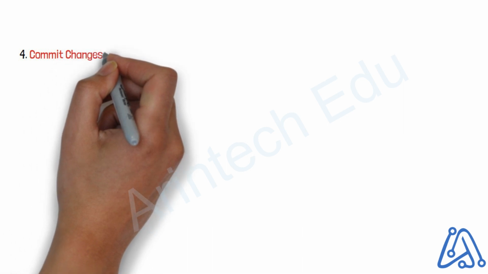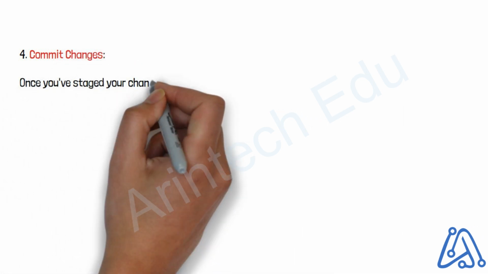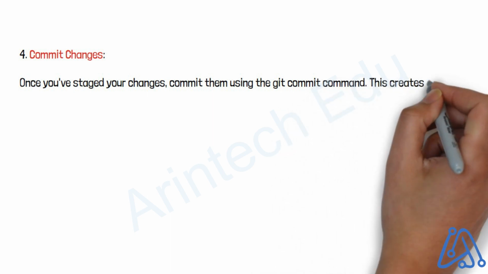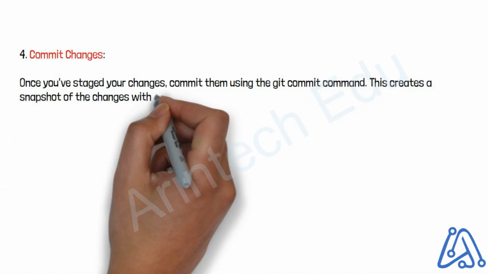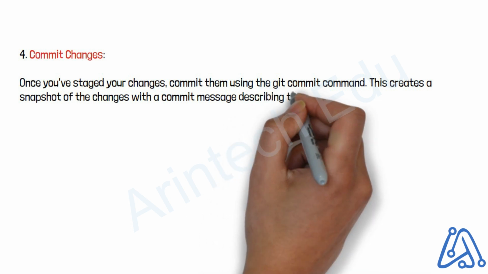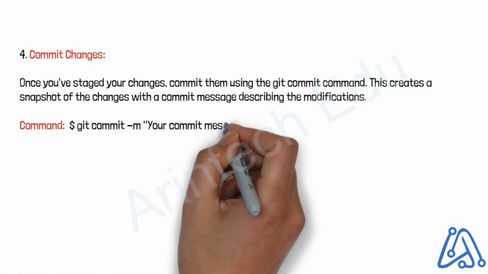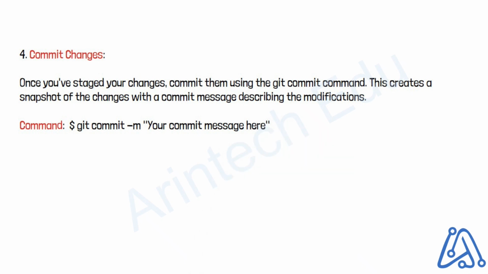4. Commit changes. Once you've staged your changes, commit them using the git commit command. This creates a snapshot of the changes with a commit message describing the modifications. Command: $ git commit -m "your commit message here"